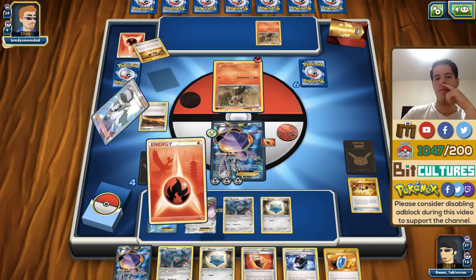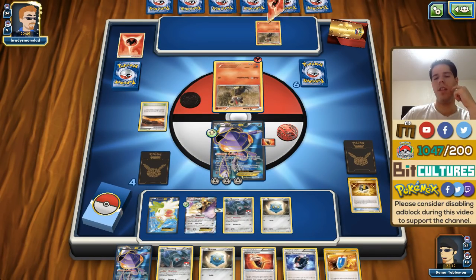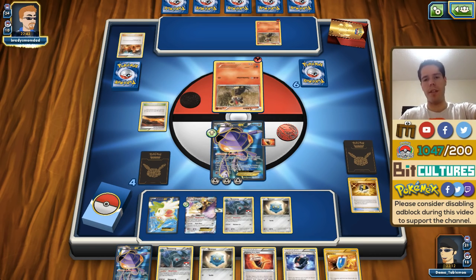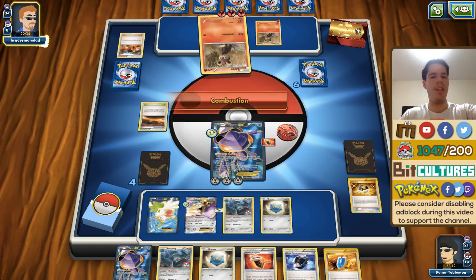And my opponent used the Stadium, attaches to the bench, so that signifies no Pyro. Or he has Blacksmith Pyro and he's going to win. But wow. Wow, is he going to use Combustion? He's